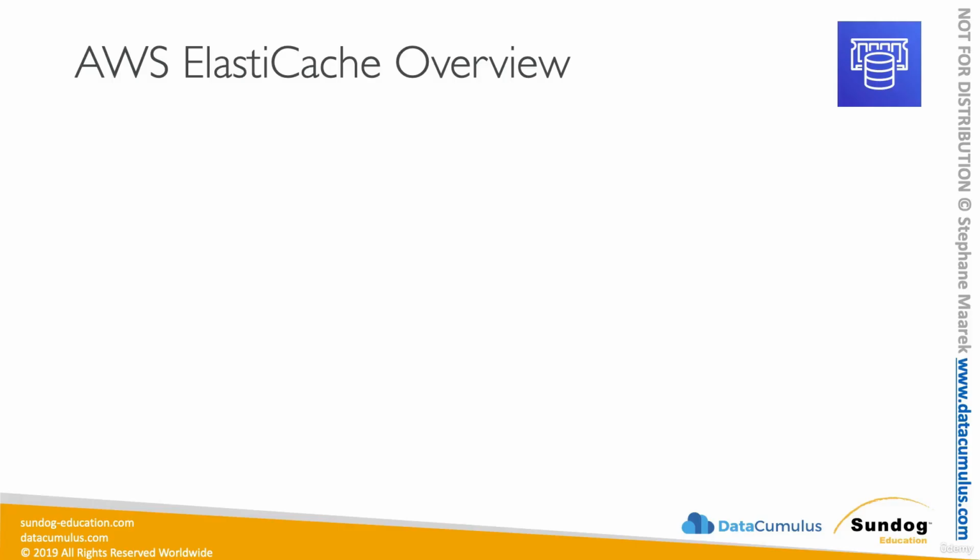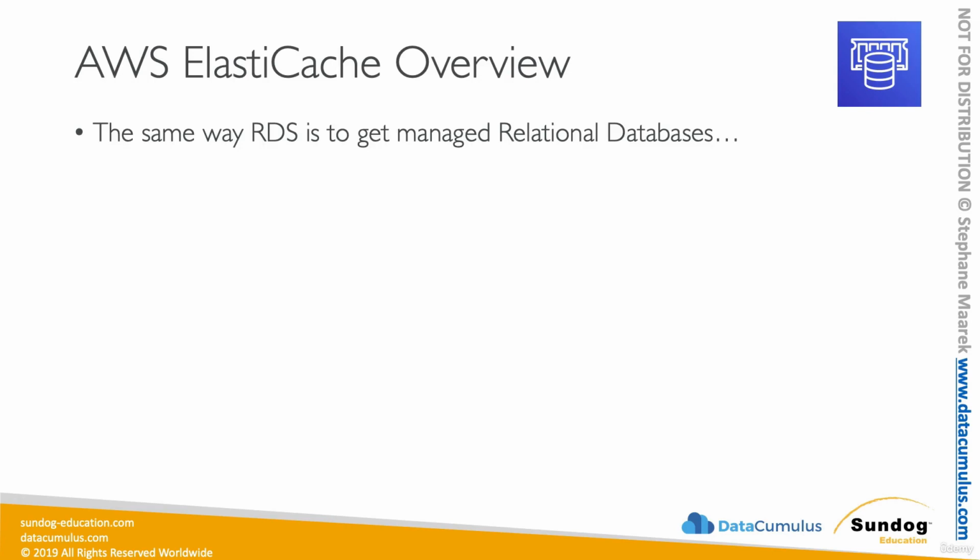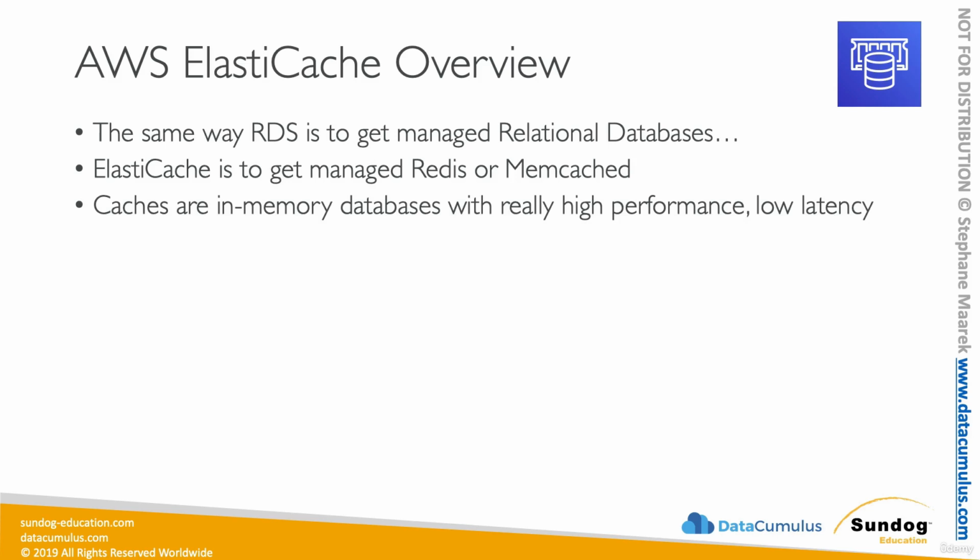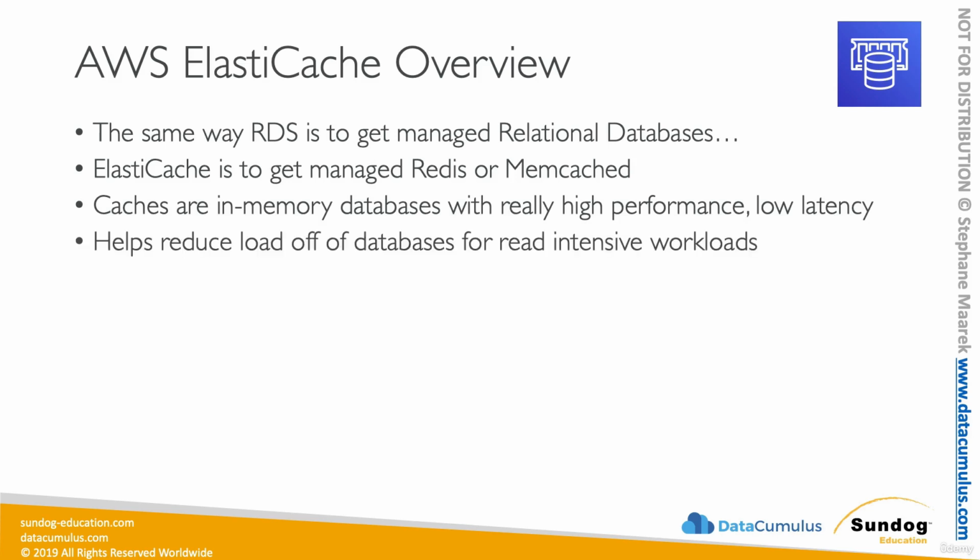To be honest, ElastiCache does not come up very often in the exam, but I'm still going to introduce it to you just so you know what it is. In the same way you use RDS to get a managed relational database, you use ElastiCache to get a managed Redis or Memcached. They're basically caching technologies. They're in-memory databases and they have really high performance and really low latency, basically to cache objects. That helps you reduce the load off of your database when you have read-intensive workloads. It helps you make your